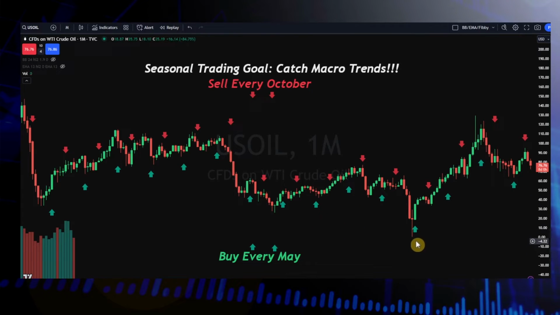And then you catch really the mother of all seasonal trades, and that was the bid right after COVID, May after COVID. And that trend really went huge for about 3 years. So recently, the 2023 May buy was a pretty good little payoff, buying about 60 and getting out at 90.